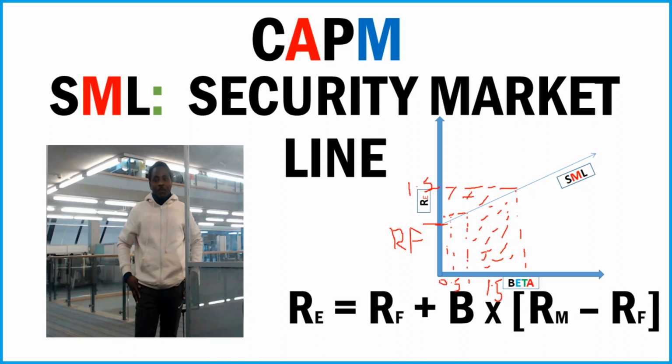So it's a visual representation of the risk plotted against the return. It is usually an upward sloping line, which we always get when we plot beta against the expected return of a security. So it's a visual representation of CAPM, and it tells us the reward that an individual will get having